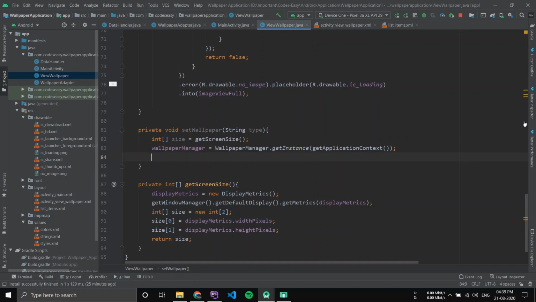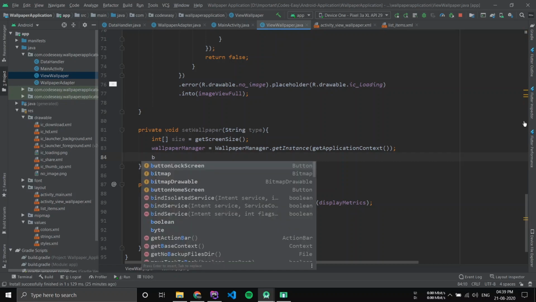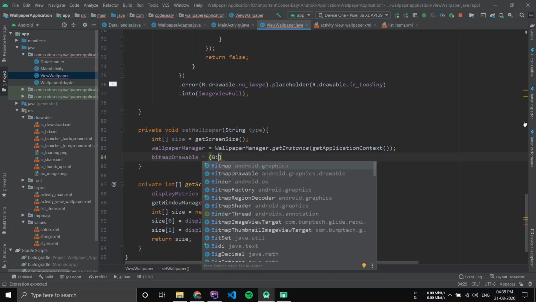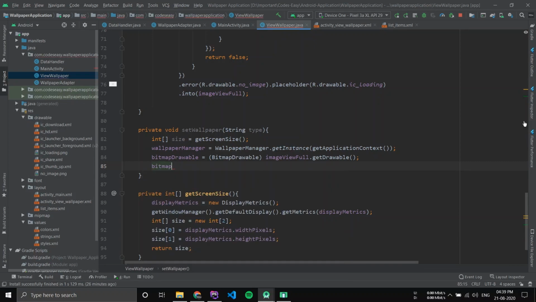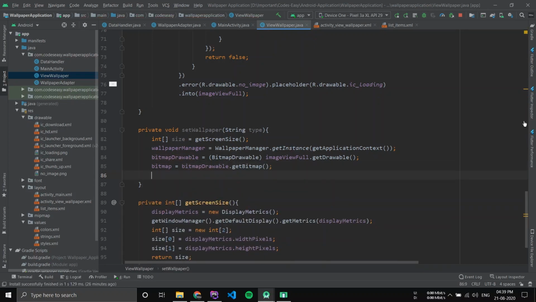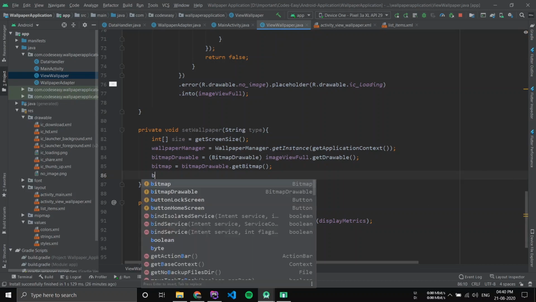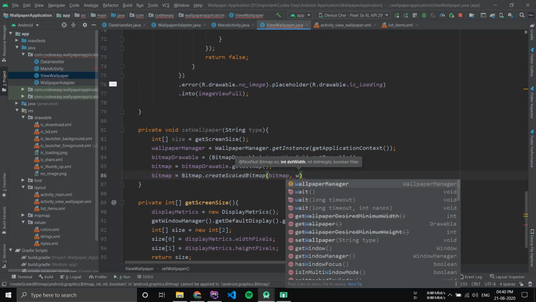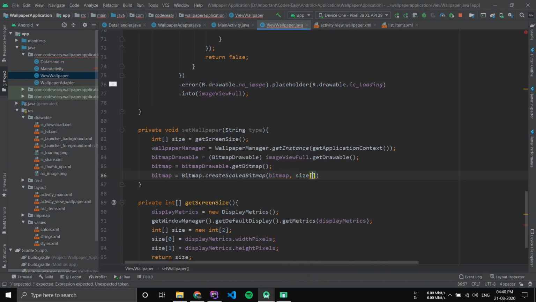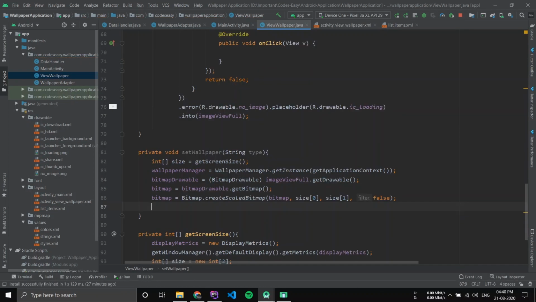Then after this, we have to get the wallpaper manager. Now we have to get the image from the image view. For that, now we have to get the bitmap from the image. Now we have to set the bitmap size. For that, just type bitmap equal to. Now we have to set the lock screen and home screen wallpapers. For that,